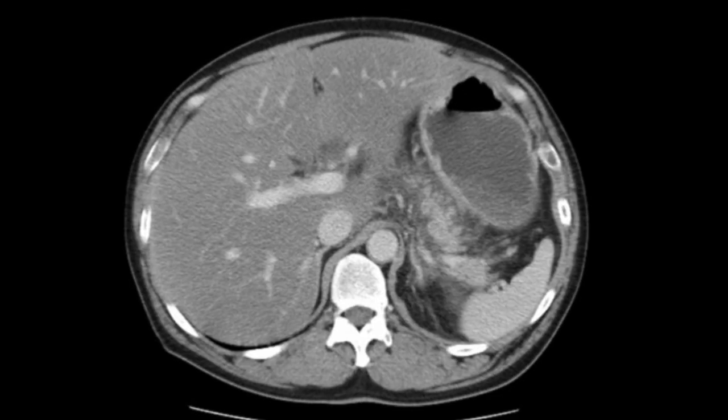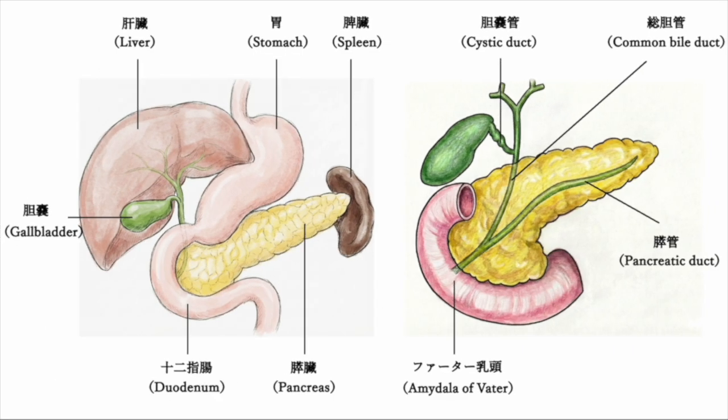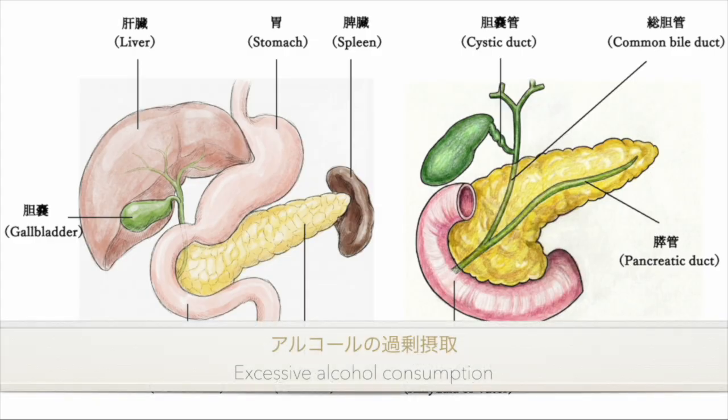Now, what kind of disease is pancreatitis? Let's go over it using an illustration. As the name implies, acute pancreatitis is a condition where the pancreas suddenly becomes inflamed. Because the pancreas sits in the middle of the abdomen, some people feel abdominal pain, while others feel pain in the back. There are various causes, but excessive alcohol intake and inflammation triggered by common bile duct stones account for